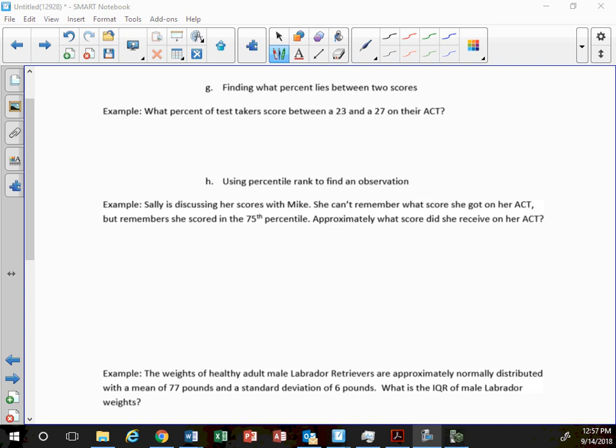How do we determine what percentage of people are from 23 to 27? Okay, here's your normalcdf. So from one z-score to the other. So there are two ways you can do it. You standardize your scores first, and then you would use the z-scores.